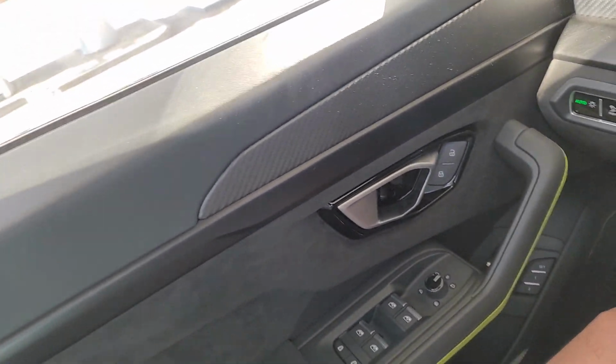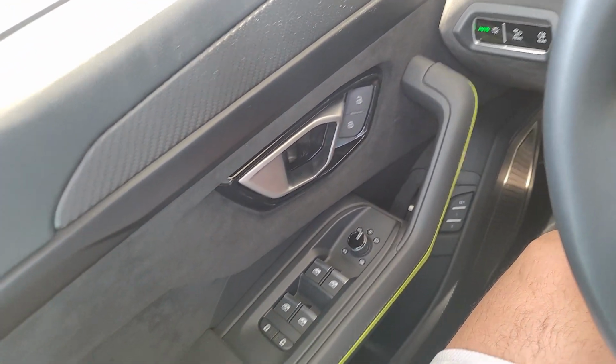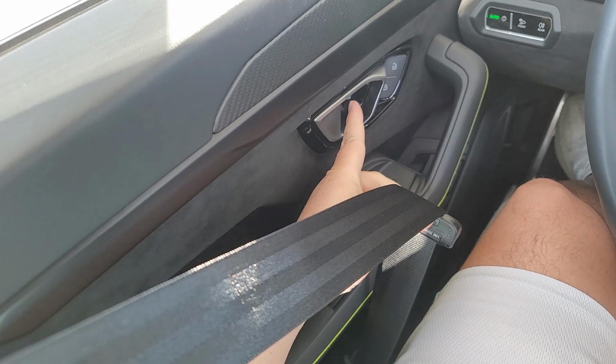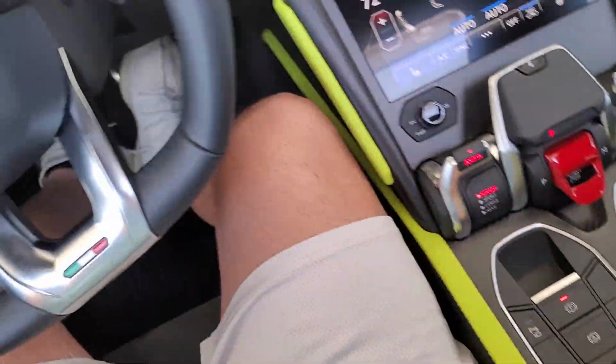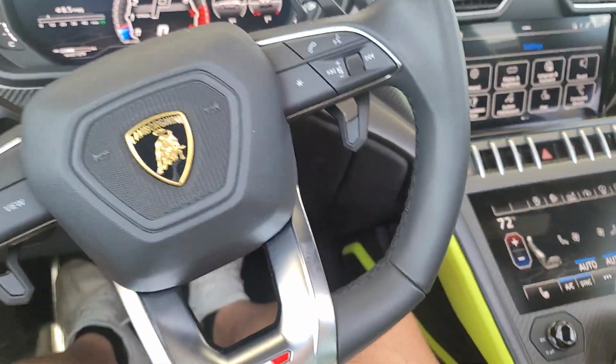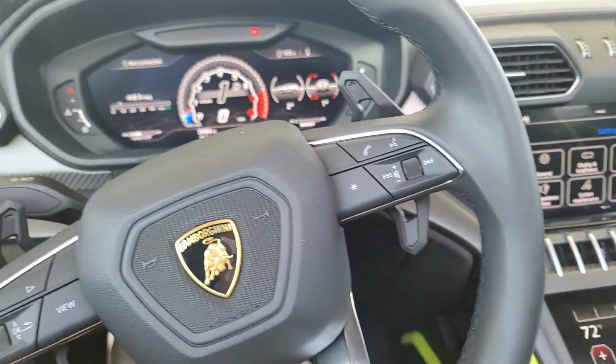Soft close door. Yep. And I know you're going to say, well, what happens if there's a power failure? How do you get out of the car? These revert to manual handles. So there's no like backup handle. That is the backup handle. And if you were ever in a rollover or the battery disconnects in that situation, you still